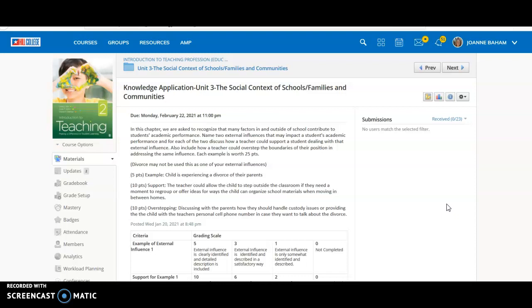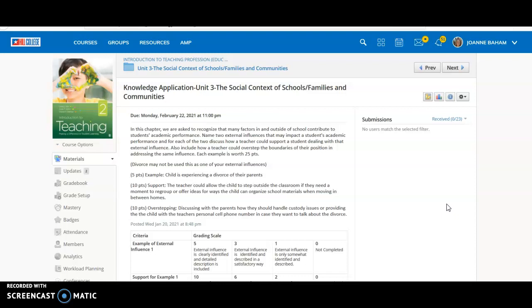that teachers often end up overstepping, what would be going too far? When would you cross the line and overstep the boundaries based upon your position and influence? And so, for example, the one that I give, which you cannot use, so divorce may not be used as an external influence, primarily because I use it here, and secondarily because everybody chooses it because it's low hanging fruit,